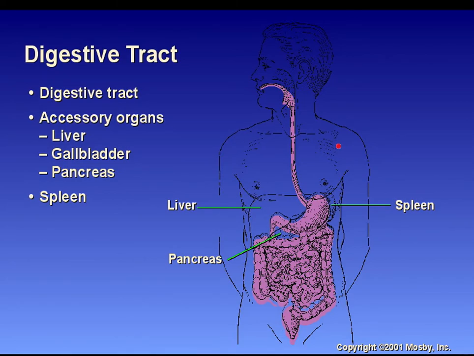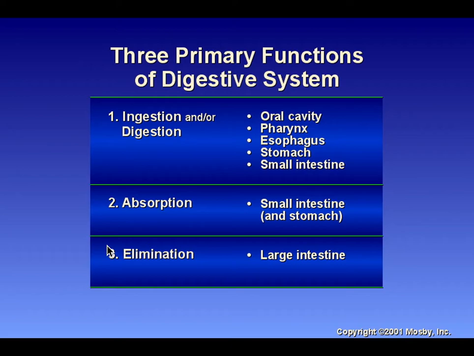Our digestive tract includes accessory organs, which is the liver, the gallbladder, the pancreas, and the spleen. So, the liver, pancreas, the spleen, and then in the liver is the gallbladder. Okay? So, three primary functions of the digestive system: